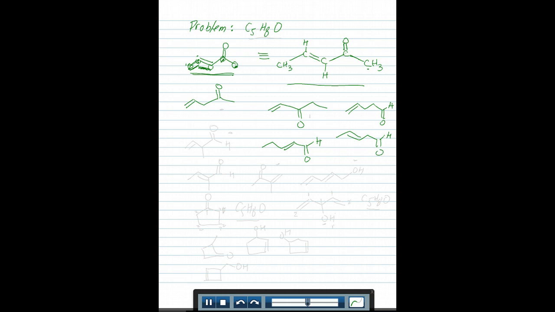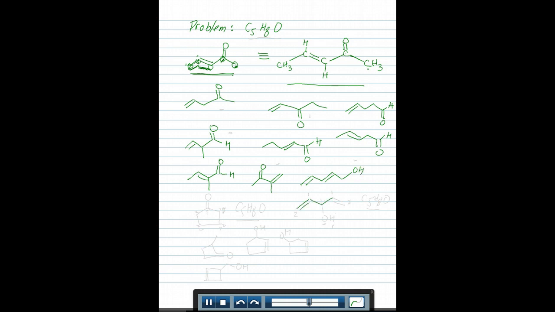Other possibilities are, instead of having 4 in a row, you have a branching group. This is now where branching groups start coming in. Maybe something like that. That is another possibility. Let's see what else I can think of here. That's an aldehyde; let's think of a ketone, like that. That would be another possibility. Other ones are maybe 2 double bonds, and let's see, 1, 2, 3, 4, 5, and an alcohol. That would be a possibility.